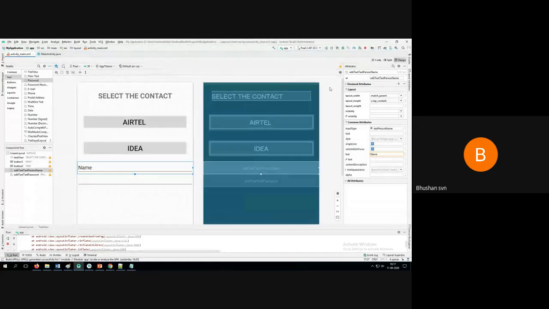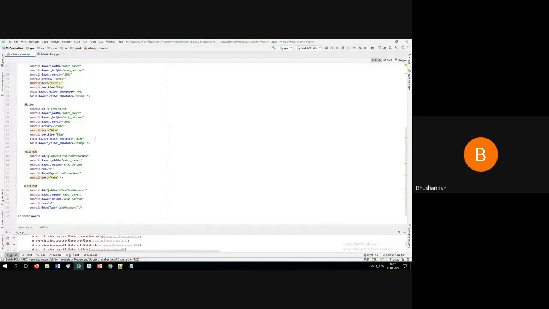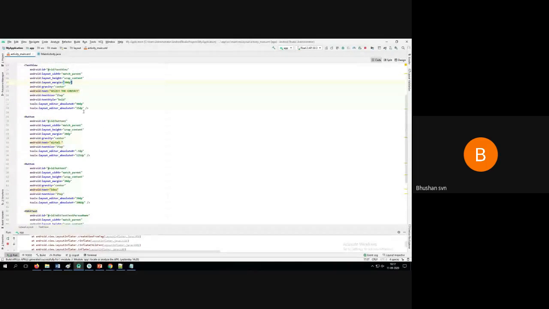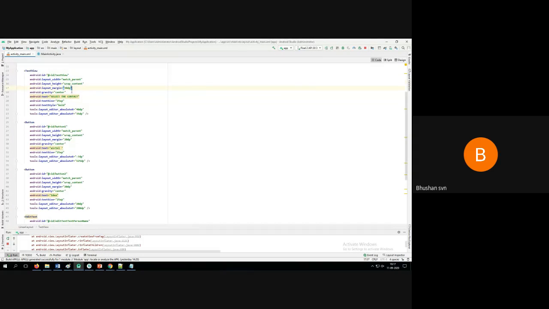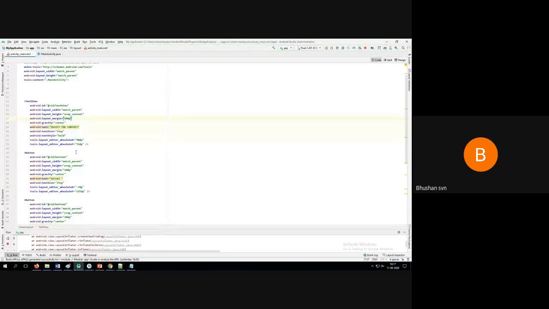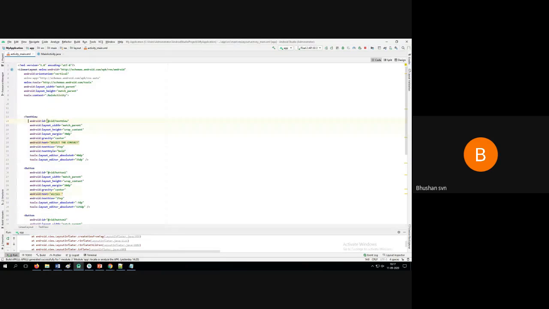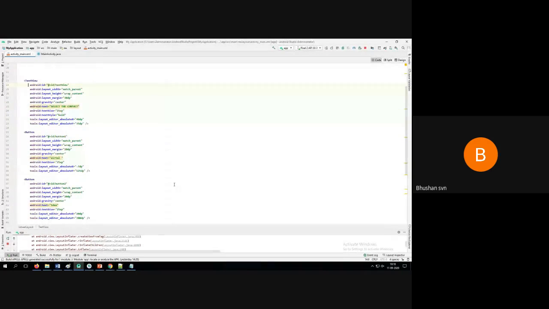If you look at these things, all the values for the attributes will be displayed in green color. All the attributes will be displayed in blue color, and all the classes, say Android, will be displayed in some purple color. So this is how exactly it looks.